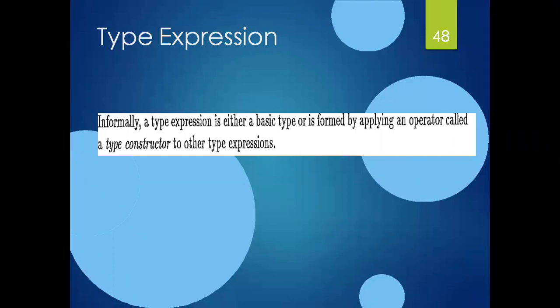That means it is either from the basic type. What are the basic types? It may be int, char, float, double, and so on from the type checking. Either it may be from the basic type or formed by applying an operator. How is it formed by applying an operator? While performing type checking, two special basic types are needed here. What are those? One is type error and the second one is void. And type error always reports the errors.